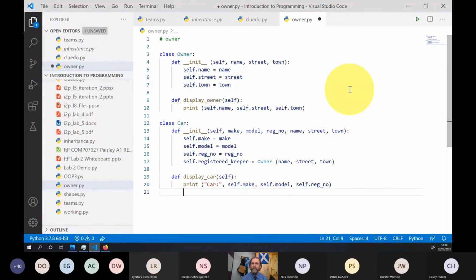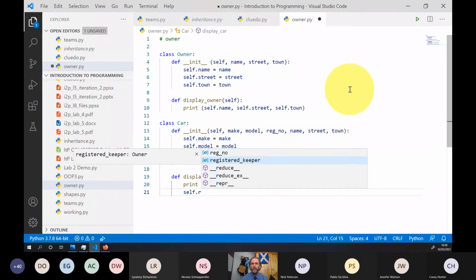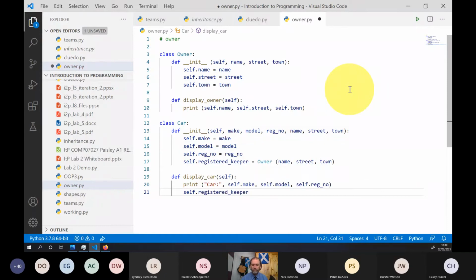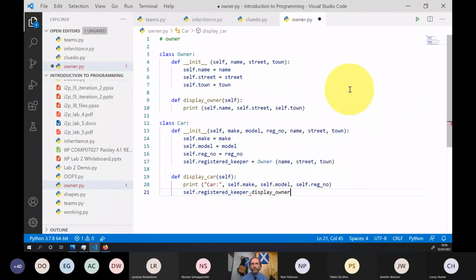And we'll use the method that we've already created for owner to print the registered keeper, display owner, and not forget our brackets. Okay, so it's the same idea, but in this case we're creating two different things by calling a creation of the car instance.